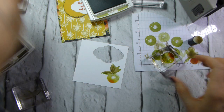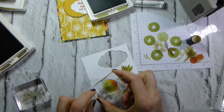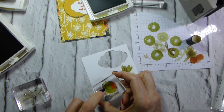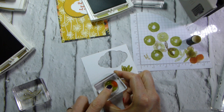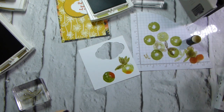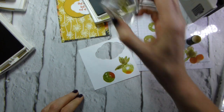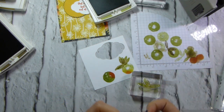Right, so that's the top of my apple. Can you see what I'm doing? Yes, you can. So that's the top of my apple. And then, Pear Pizzazz,